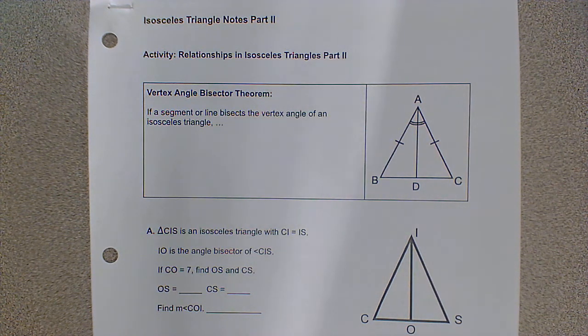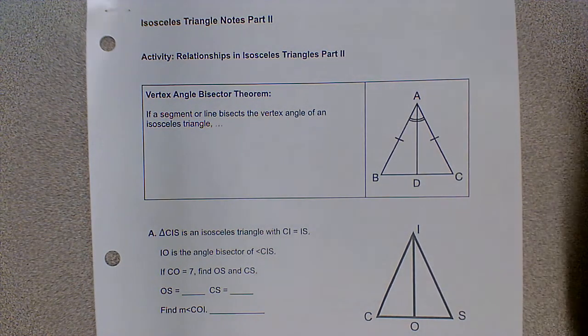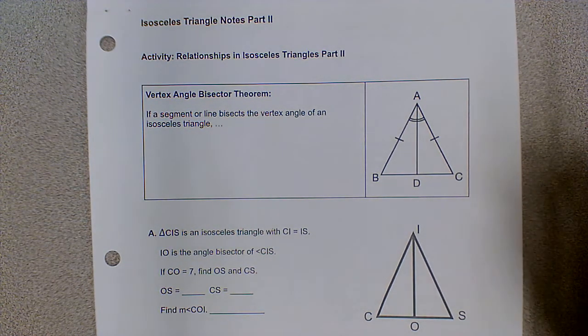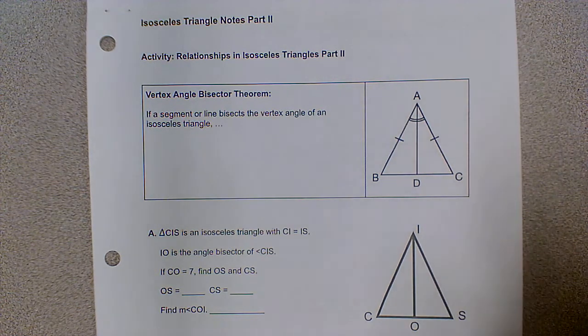So, in all of these questions, we're going to be cutting an isosceles triangle in half. What you'll find is that when you do this, the vertex is going to be cut in half and the base is going to be cut in half. That's really it. So we're starting with a theorem, the vertex angle bisector theorem. I don't really like this one. I'm actually going to go ahead and give you a secondary definition first, and then I'm going to give you